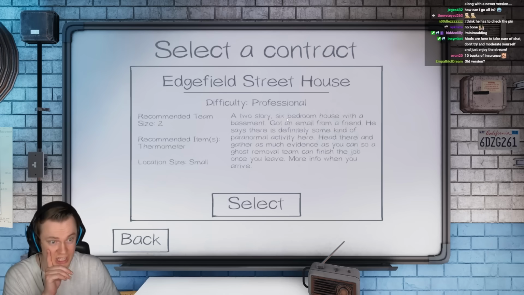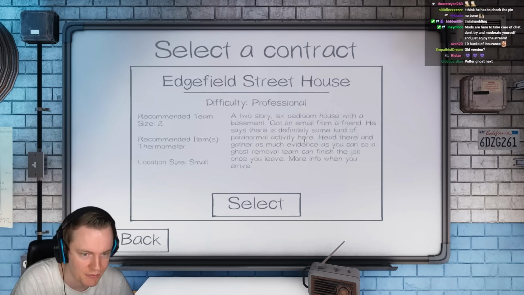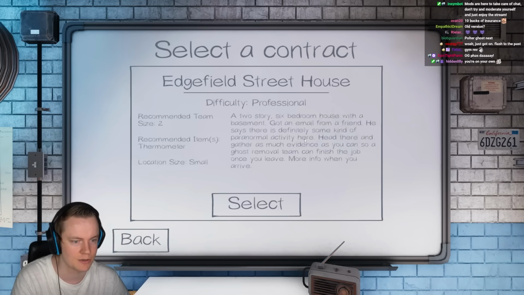A 2-story, six bedroom house with a basement. Got an email from a friend. He says there's definitely some kind of paranormal activity here. Head there and gather as much information as you can so the ghost removal team can finish the job. Once you leave...